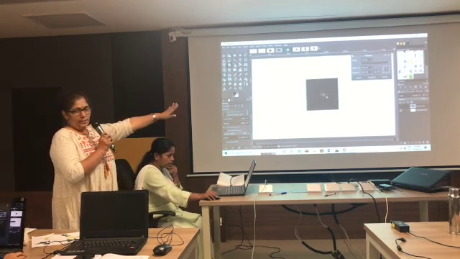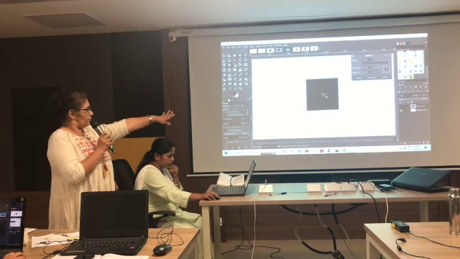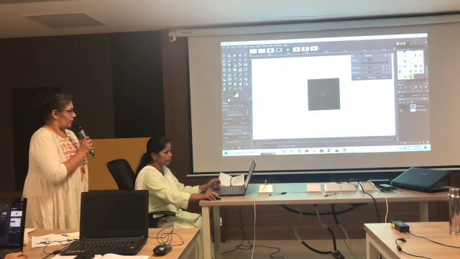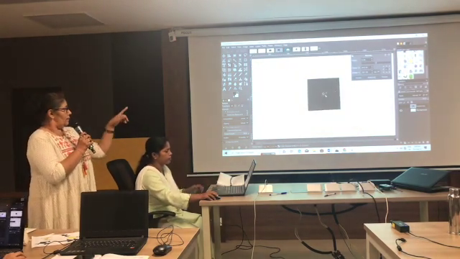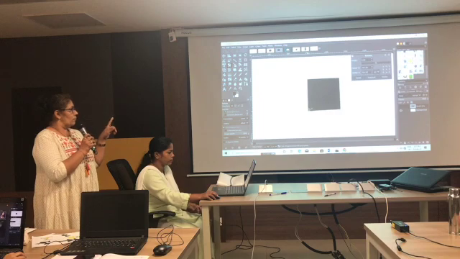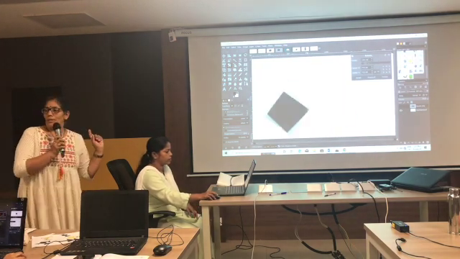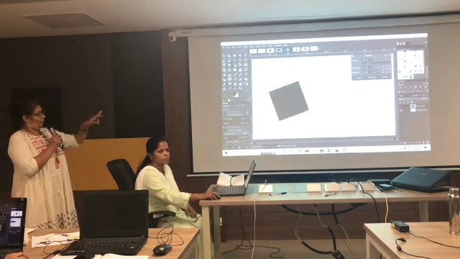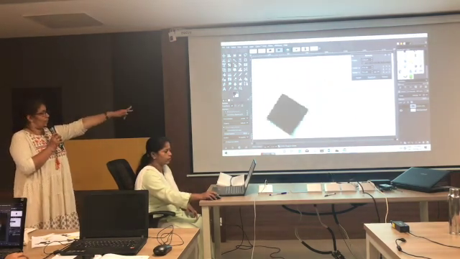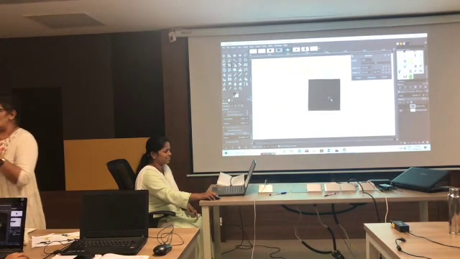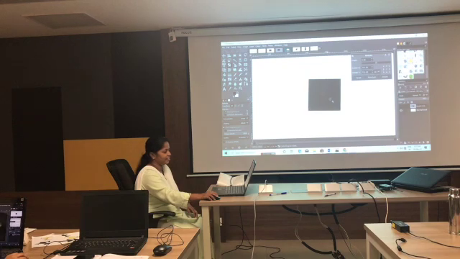So I will shift that pivot point. Shift R, and now see what will happen if I rotate. What happened? Instead of the center, it is rotating from the corner. Correct? Press Shift R first, then shift the pivot point, and then you rotate.